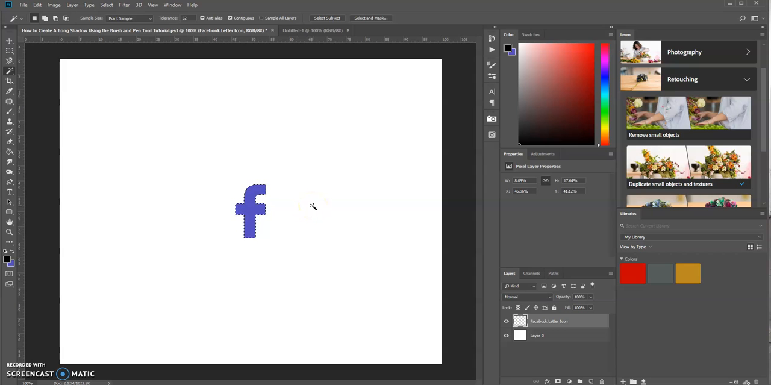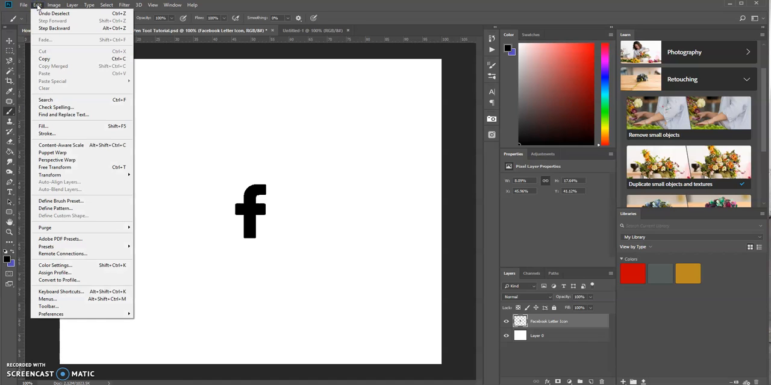Now at this point all we have to do is just change the color, and you could on a PC use the Alt Backspace, because that's the foreground color. Now you can deselect it right now, and let's define this as a brush preset. So we're going to select the brush tool, and then we're going to come up to here, Edit, Define Brush Preset,